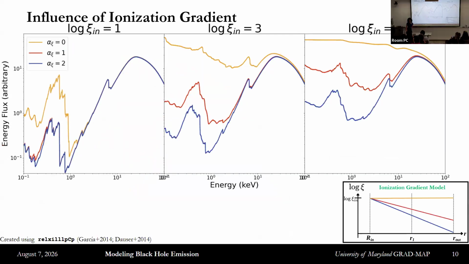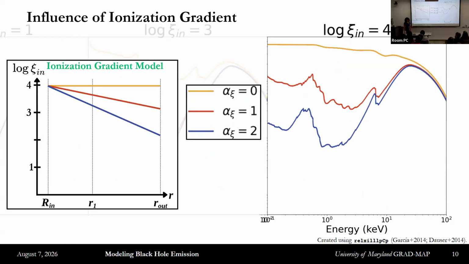For the ionization gradient, each panel depicts a different starting ionization value at the inner disk radius, with log Z of 1, 3, and 4. The 3 lines in each panel are different slope rates, alpha Z. In the right panel, with log Z of 4 and alpha Z of 0, the entire disk is highly ionized, so the spectrum is nearly featureless, just like the constant ionization slide I just showed. Increasing the alpha Z index, as depicted by the red and blue lines,